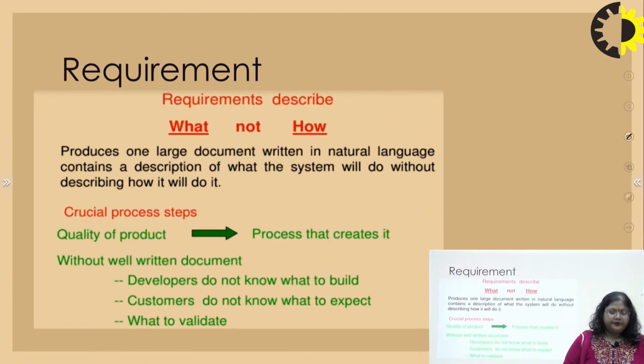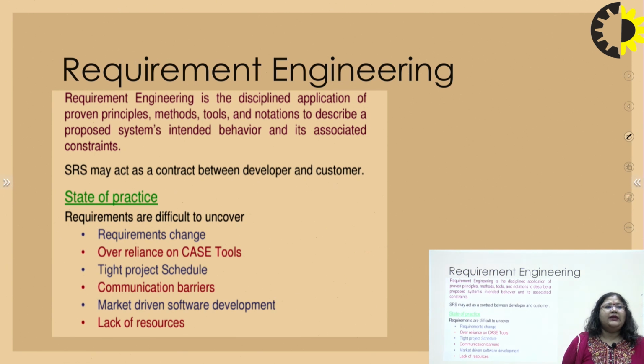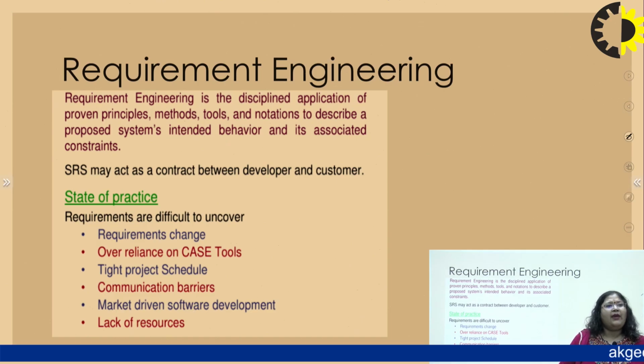Requirement engineering is a disciplined application of defined principles, methods, tools, and notations to describe a proposed system, its intended behavior, and its associated constraints. It means requirement engineering produces a contract between the developer and the customer, known as the SRS. So we have to discover all the requirements that are defined by the user, and define the methods and tools that completely emphasize the requirement behavior